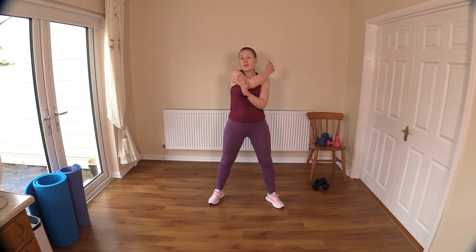Let's bring the arm across the body, pat yourself on the back, and this just stretches out a little bit more into the front of the shoulder here and the side shoulder. No, I'm not pressing on my shoulder joint, I've just gone beyond it. I'm gently pressing my palm into the fleshy part of the back of the arm, that tricep area. Pat yourself on the back